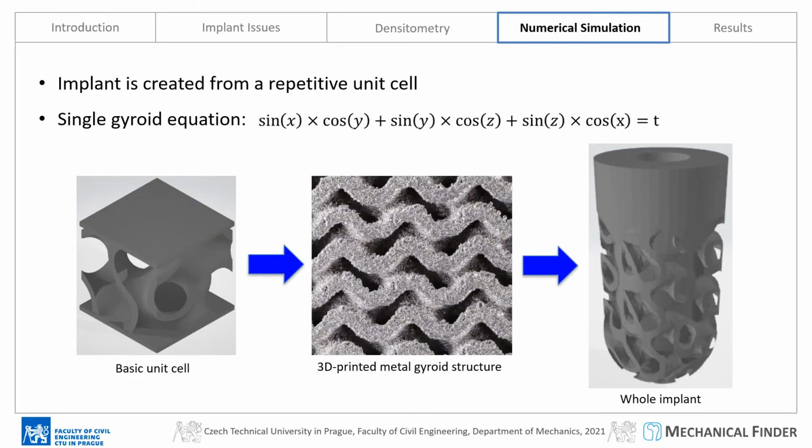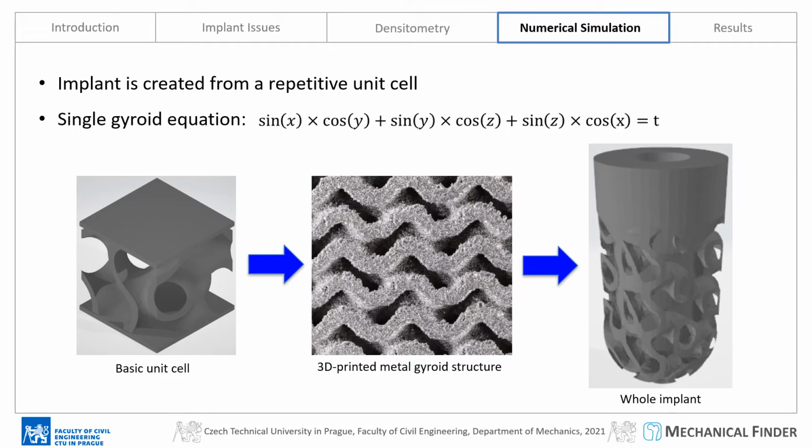On this slide we can see the process of creation of the porous structure. On the left figure we can see the basic unit cell of the gyroid structure. In the middle we can see a micrograph of an actually metal 3D printed gyroid structure, and on the right we can see the model that has been used in the simulation. On the second row you can also see the single gyroid equation which has been used in order to generate